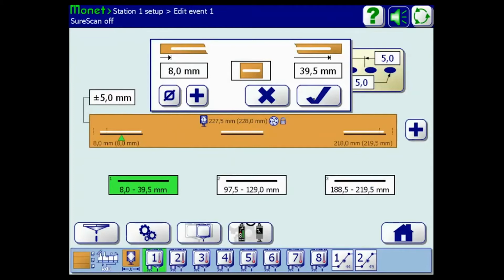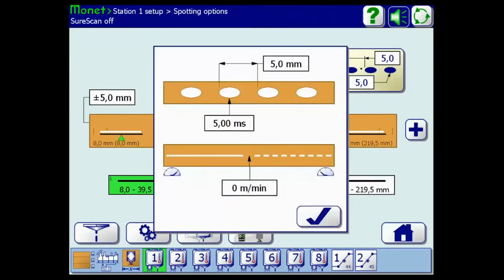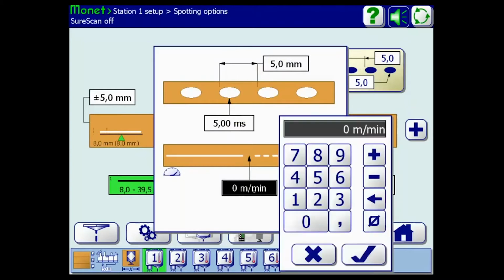You do still have the ability to set, because you still have this spotting options menu here, which we touched on. The top one is the gap or space between dots, and this one just below it is the size of the dots in time, duration, milliseconds. We have a speed reference setting at the bottom of the spotting menu, and that's called our auto spotting speed. And I don't know if you guys would find a ton of benefit within it or not, but